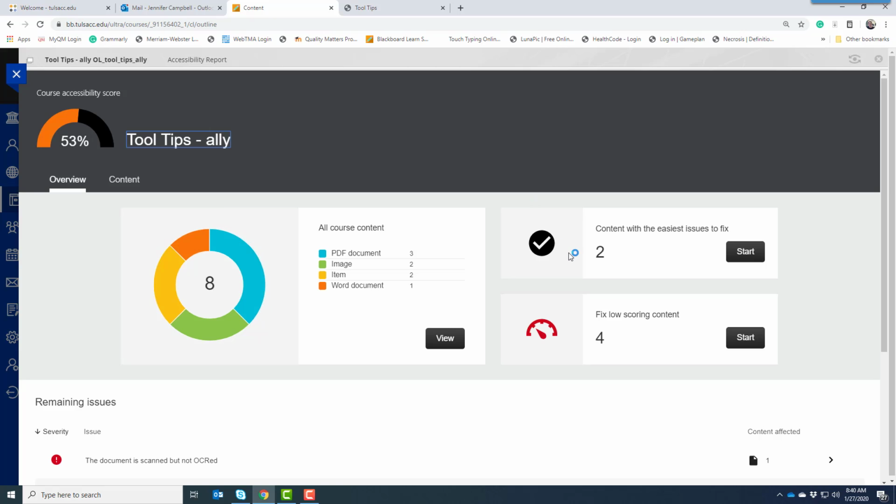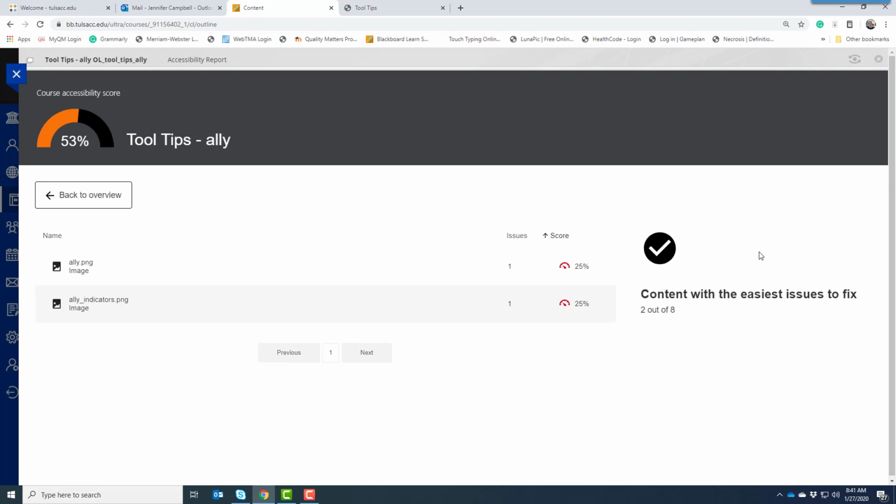And then it tells me content with the easiest issues to fix and fix low scoring content. So I can click Start, and I can see that I've got two images. And images are easy to fix with Ally. You just click on your indicator,